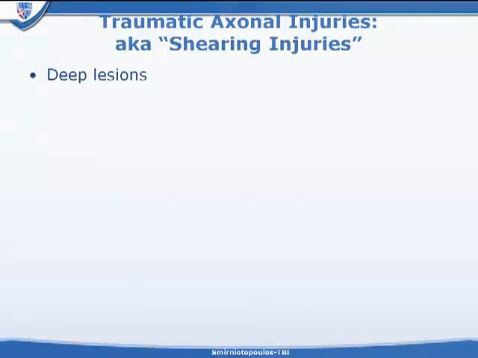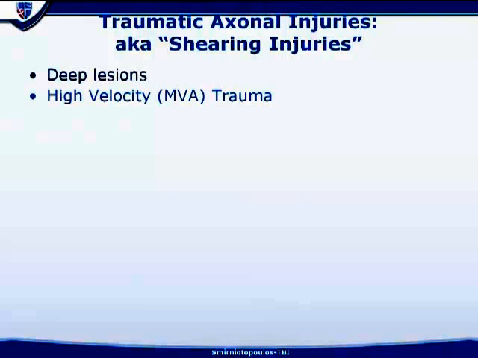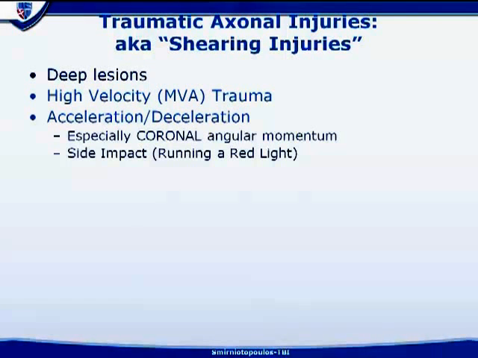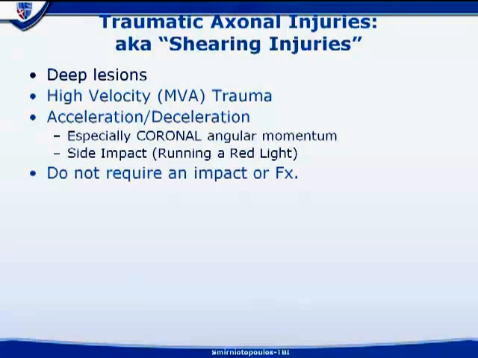We must also talk about what has been classically described as shearing injuries, what we might more properly describe as traumatic axonal injuries. These, by definition, are deep lesions classically associated with high-velocity motor vehicle trauma, oftentimes associated with an acceleration or deceleration in the coronal plane with an element of angular momentum. This is exactly what you would expect if a car runs a stop sign or a red light and broadsides another car, producing the classic T-bone effect. You do not have to have an impact or a fracture, but they are very common in patients who have